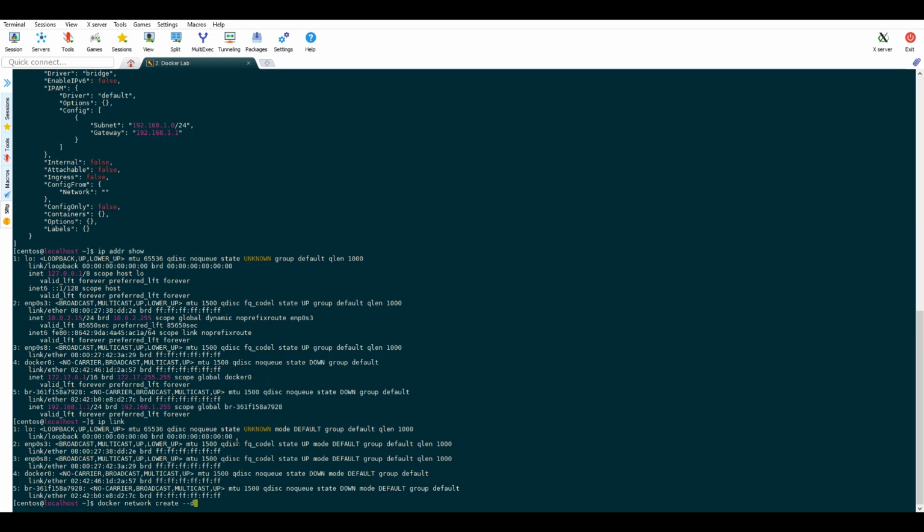Now we use the same Docker network create command to create our second user defined network with driver MacVLAN. The subnet, in this case we are selecting a different one than what we selected for the user bridge network.